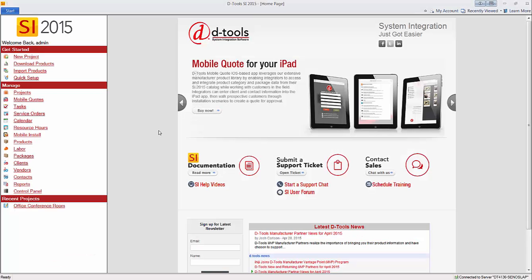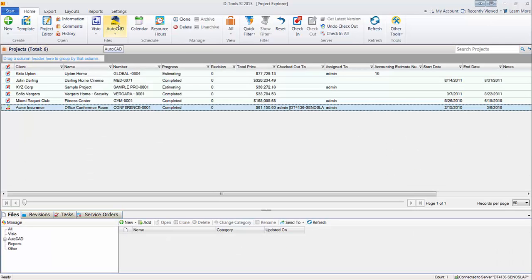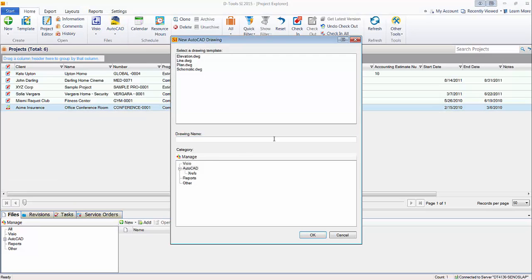Hi and welcome. This video is going to demonstrate creating an elevation drawing inside of the AutoCAD interface in System Integrator 2015. So to do that, go to Start, Projects, Manage Projects, select a project that is checked out to you, and we'll go up to, say, AutoCAD, New AutoCAD file, and when you do this, you're going to pick